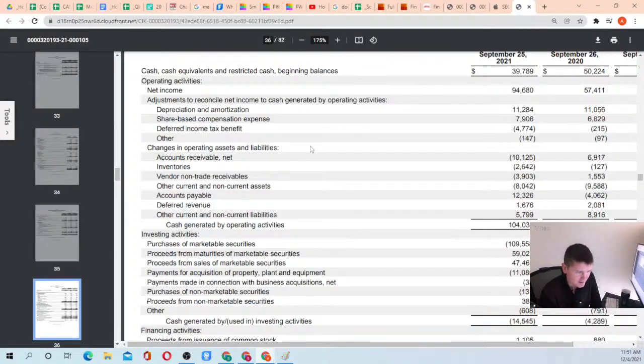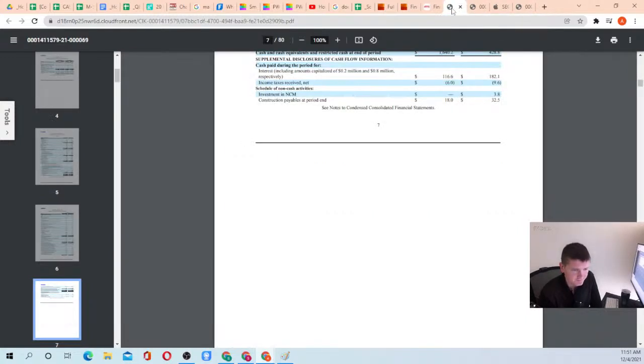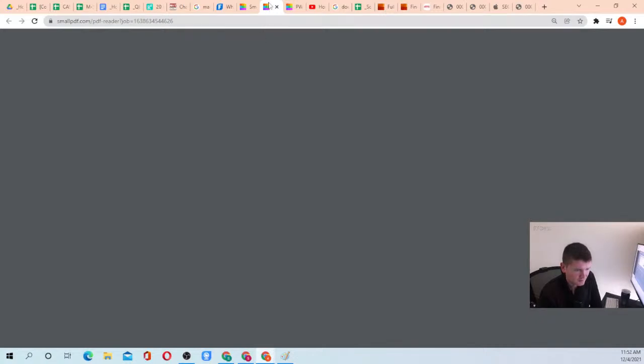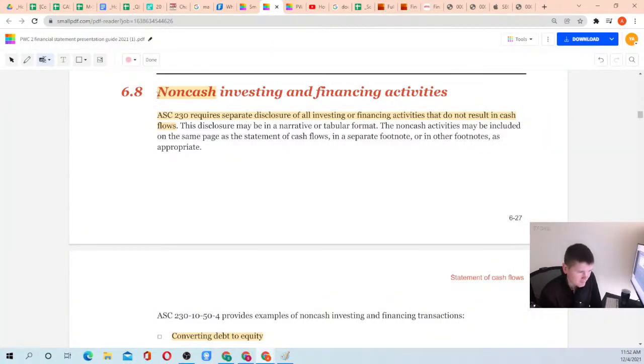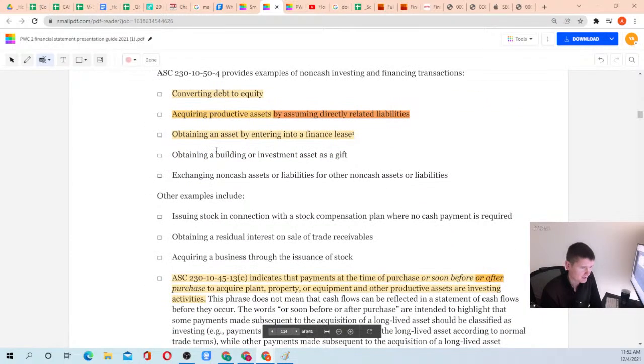And do we have anything like that for Apple? Supplemental cash flow disclosure. Cash paid for income taxes, cash paid for interest. Yeah, $25 billion in income taxes. That's huge. So if you have non-cash investing, when you acquire something under a financial lease, then you have to disclose it separately. So basically, when you have to prepare a cash flow,